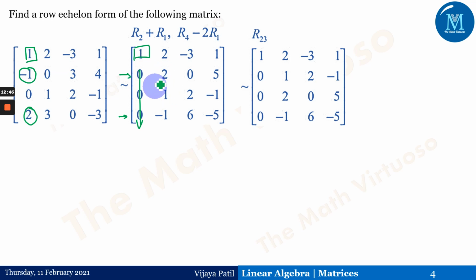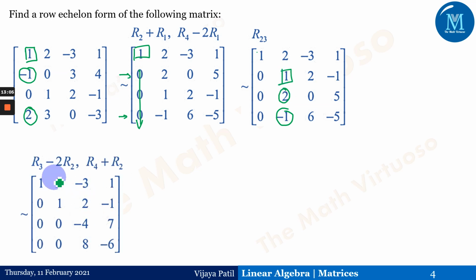Now because of this 1 already present here, it's better for us to go for this third row as the second and second as the third. So we have just done that. Again you will observe here, now this is a leading 1. Because of that, this has to be 0, this has to be 0. We wanted to make it using the 1 here, and therefore the transformation would be R3 minus 2 times R2, and R4 plus R2, which would give us this as the leading 1, below that as 0.